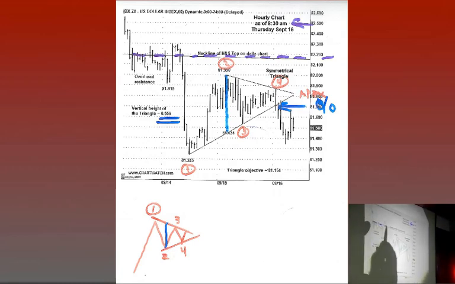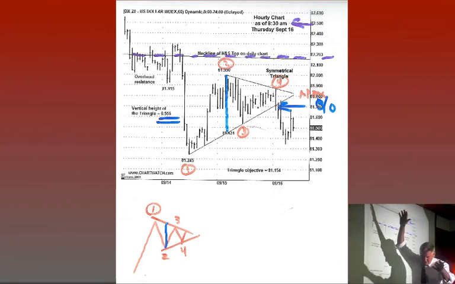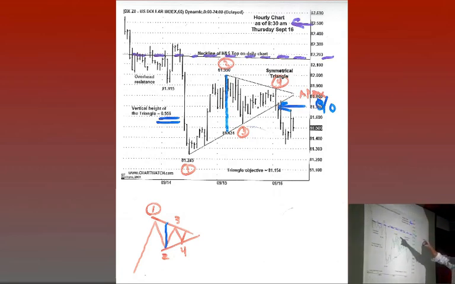This line right here on the hourly chart is the neckline of the head and shoulders top that we looked at on the daily chart. Remember, you can't see the height over here, but moving it over, we've got a big downside measuring objective. Here's where it broke the neckline to the downside. You see what kind of pattern we have on the hourly chart? 1, 2, 3, 4.